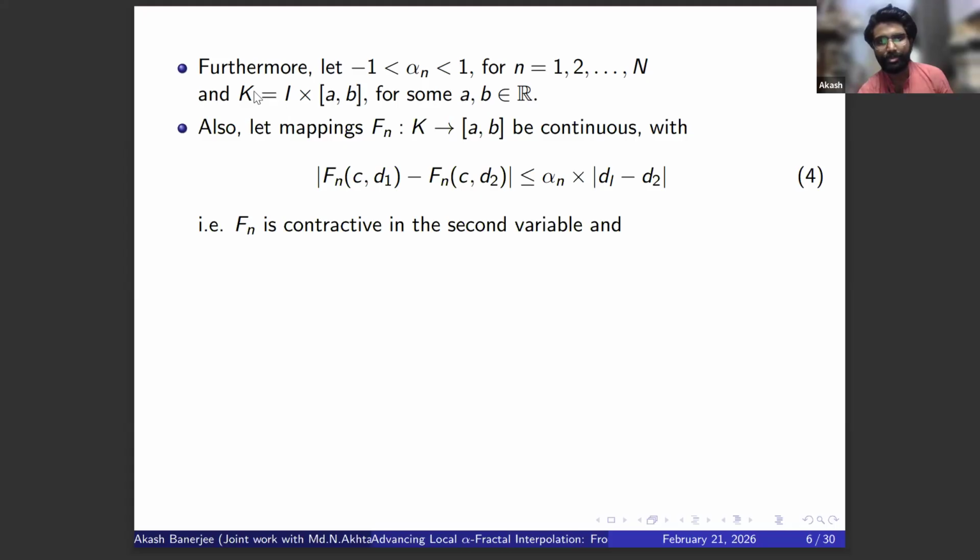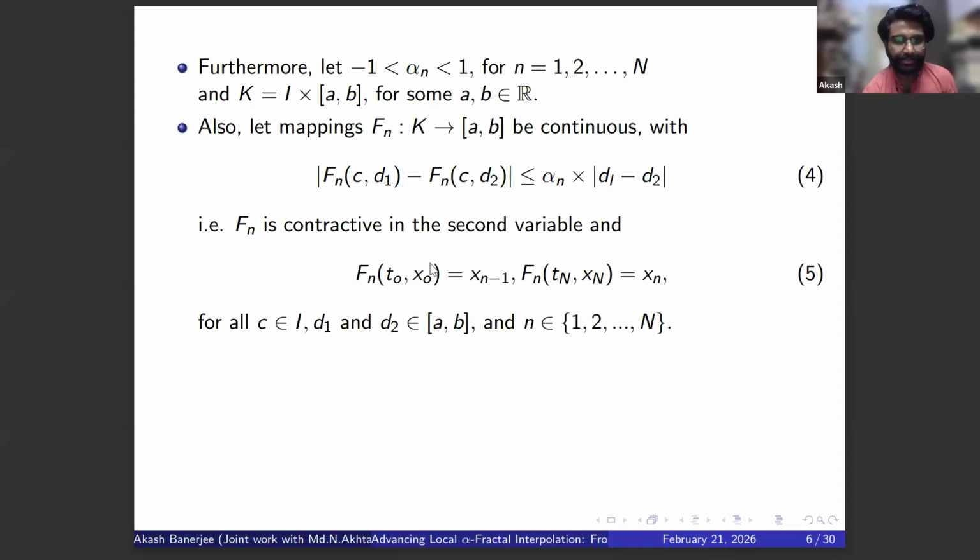They are contractive mappings on this subset of this square. We form a square, or a rectangle to be precise, which is defined by this capital I. Capital I was the main interval [t0, tN], which we take a product with another closed interval [a, b] with suitable real numbers a and b. And the capital Fn's are continuous functions from this K to this interval [a, b], which are continuous in the second